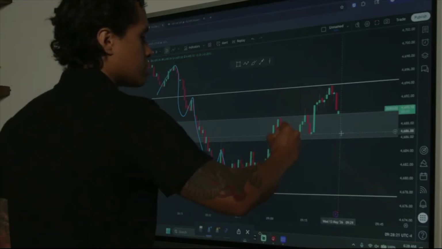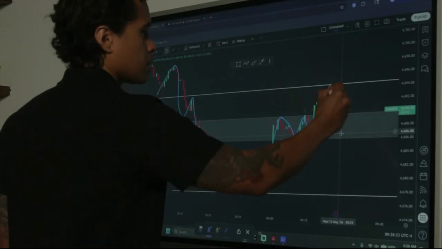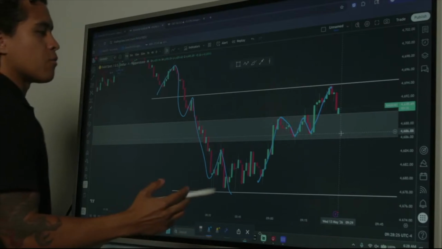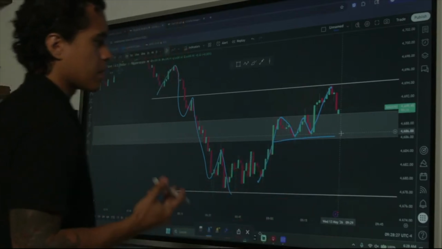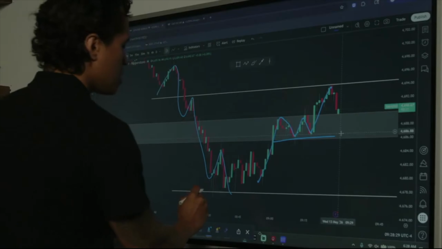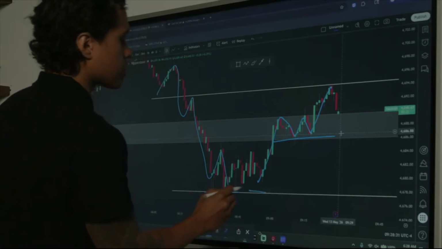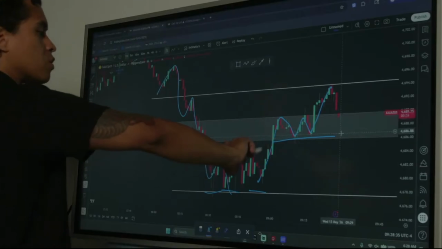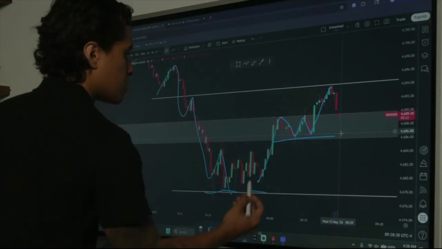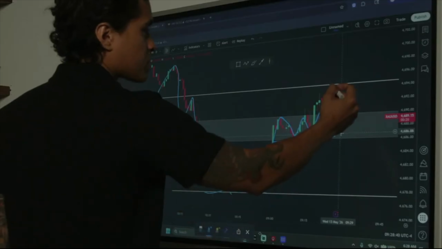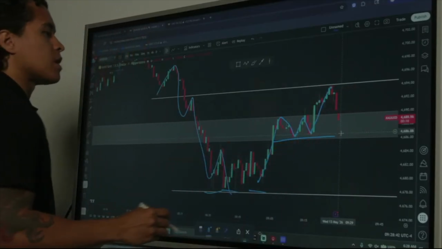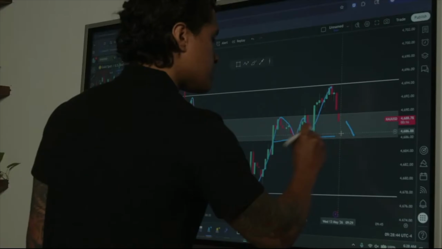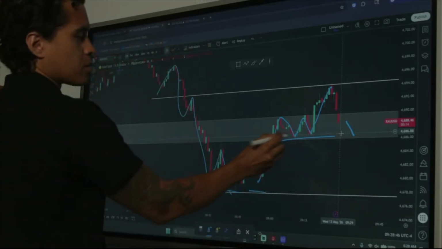This is what we don't want to see. This is why I mean that we want to get below this area right here, because we have price action rejecting the lows and recovering off of the lows, starting to create bullish structure on the 1 minute here based off of this right here, a high, low, a high. We want to make sure that we don't get here to this higher low point here on the 1 minute,